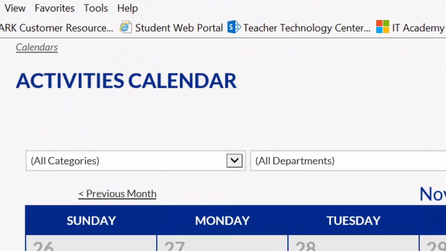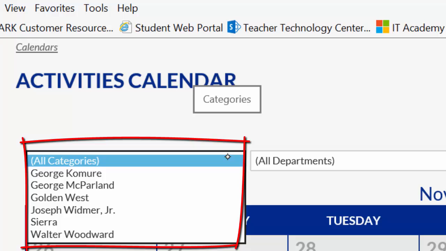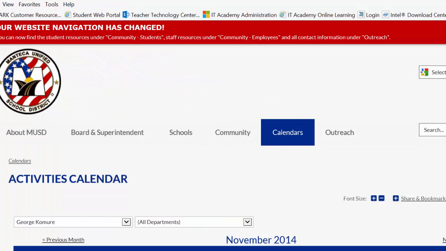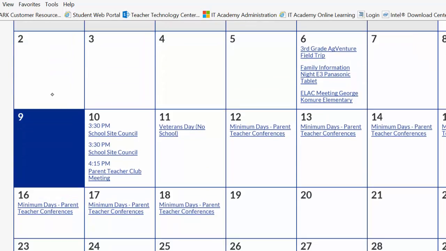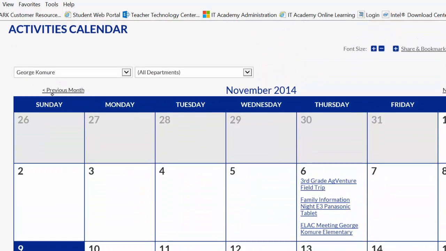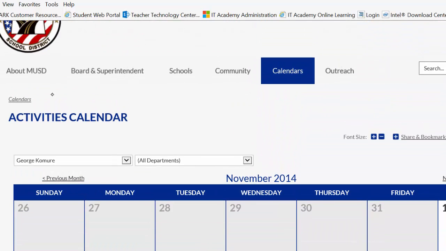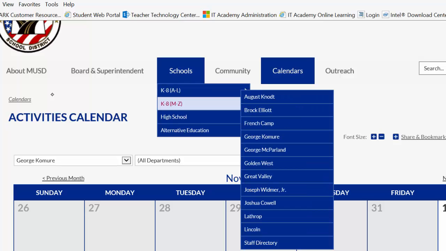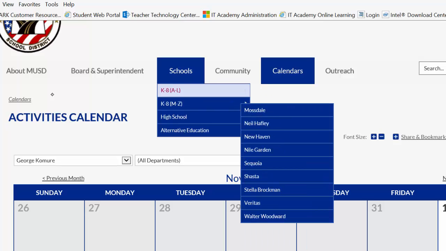At the top, a person can click on this and change the category. So if I want to see just, the first one, why not, George Cormier, then the database changes so we only see one Veterans Day because it's focused on just the things for that school. One of the changes we are going to make here is under schools, and if I go down to Walter Woodward, for example,